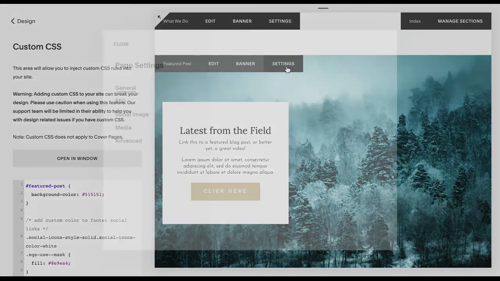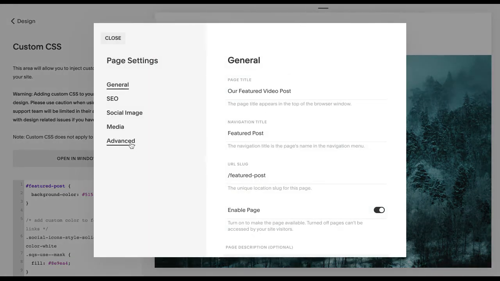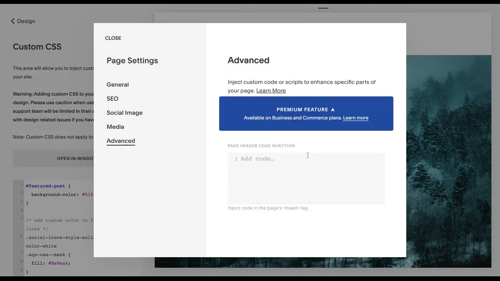Next, we're going to hop right back over to the settings. We're going to come down here to Advanced, and this is a premium feature, so you won't be able to do this on the basic personal Squarespace plan. You'll be able to do it on any other plan except for the very basic one. And here you're going to want to add a style. And then here you do again featured-post,